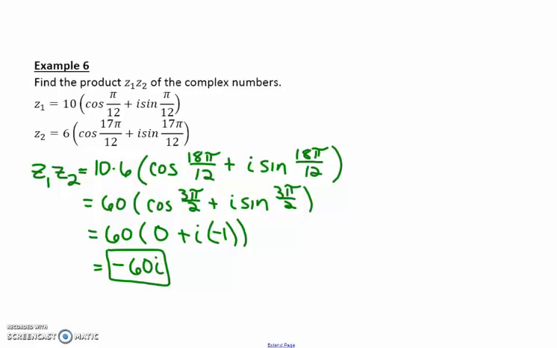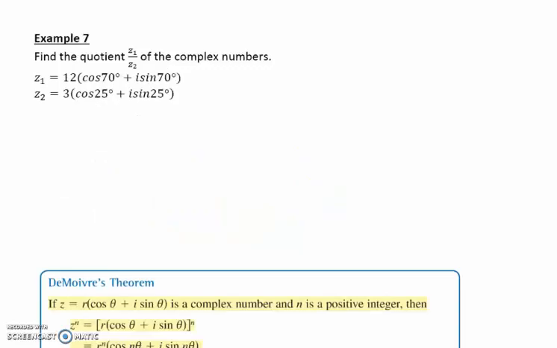All right, let's take a look at a division problem. And that's where we're going to use the second of the formulas. So this time we're dividing the r's and subtracting the angle measures. And this time order does matter. So we need to make sure that we are subtracting the z sub 1 angle minus the z sub 2 angle, because the z sub 1 was the numerator. Okay, so that's going to be 12 over 3 times the cosine of 70 minus 25, so that's 45 degrees,